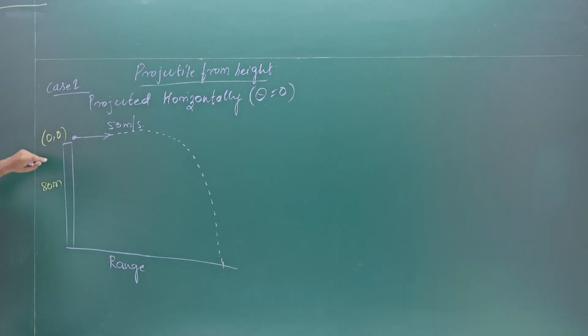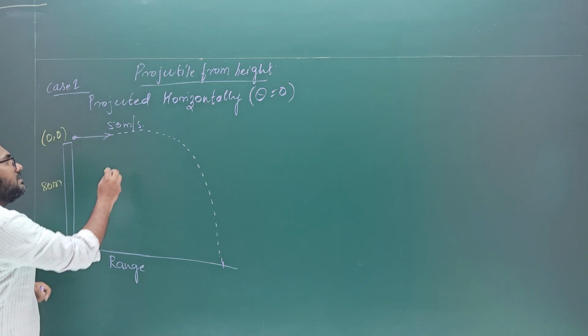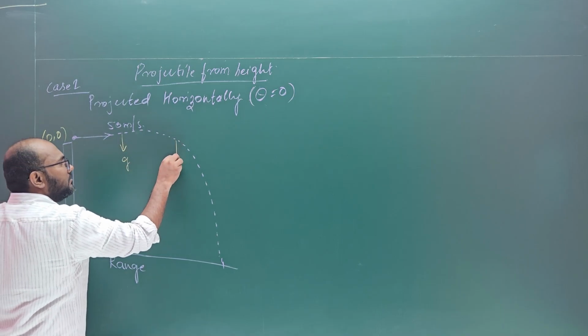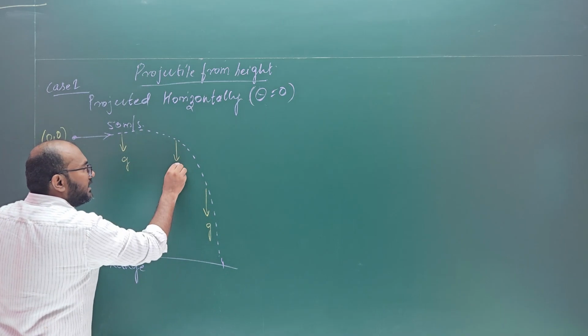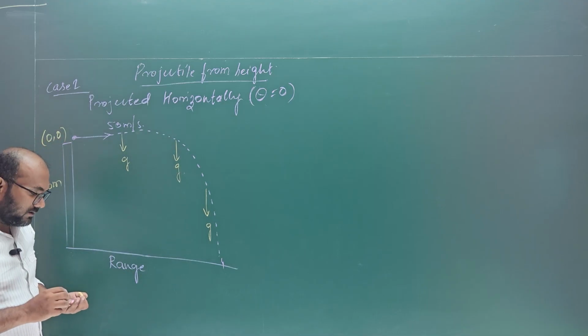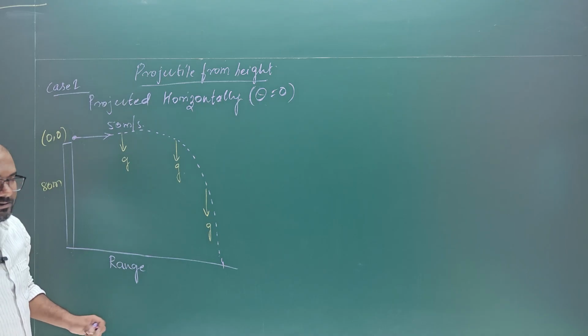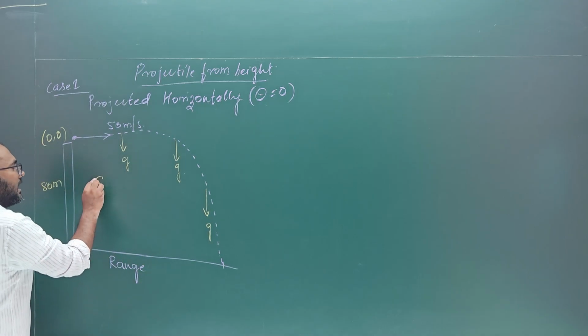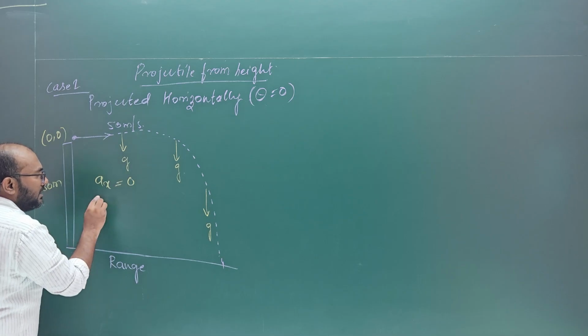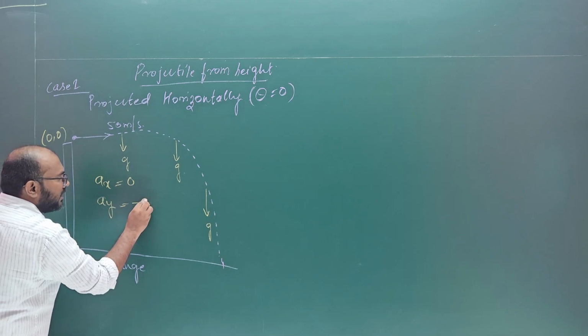And from point of projection to landing, we call that the range. Acha, from here, if the object is being projected, what is the displacement along y-axis? Can I say minus 80? Why? Because everything below the point of projection is negative, above is positive. At any point, where is g acting? So g is acting in the downward direction only, na? So g at any point is acting downward, and acceleration along x-axis is always equal to 0. So I can write here, acceleration along x-axis is always 0, acceleration along y-axis is always minus g,